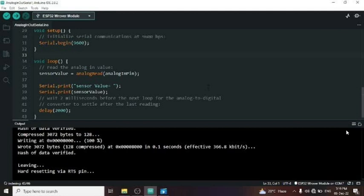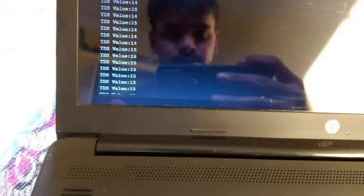Now we are ready to see the demo part of the project. On the serial monitor, there is much difference between the filtered water and unfiltered water. So it's pretty easy to check the TDS of the water using